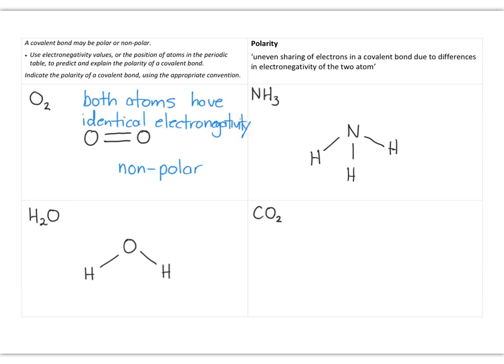As I run out of space. Now, when we look at water, oxygen is closer to fluorine on the periodic table than hydrogen, so oxygen has a greater electronegativity. So that would mean that in this case, oxygen is going to hog those electrons. So if we can imagine those electrons, they won't sit exactly in between the hydrogen and the oxygens. Those electrons are going to sit, if you like, closer to the oxygen, because the oxygen wants the electrons more